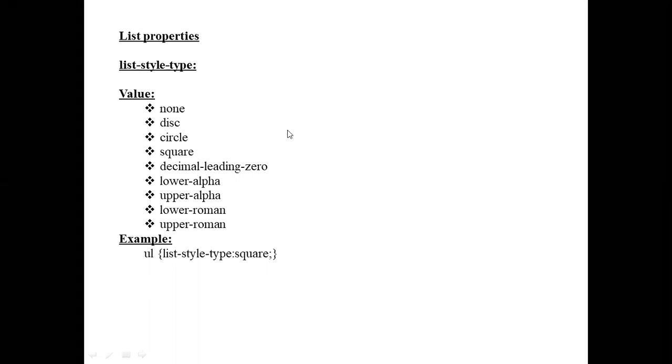That is, the list is specified as capital A, Web Technologies; capital B, Unit 1; capital C, Unit 2, and that way. Next, lower-roman, that is i, ii, iii, iv. Lower Roman numbers. Likewise, upper Roman numbers. Suppose here an example: unordered list, list-style-type square. Suppose you give the list as Web Technologies, Unit 1, Unit 2, Unit 3, Unit 4, Unit 5. For each unit, we give the list item marker as a square.